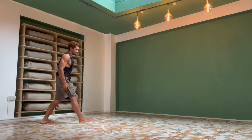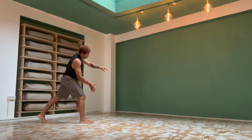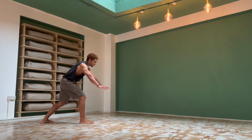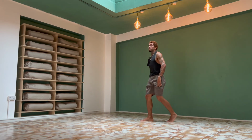I'll demonstrate on the other side, one more. So if the right leg is forwards, that means I like to cartwheel leading with the right side. So the left hand is going to move. So again, tap, catch. Bruce Lee style,